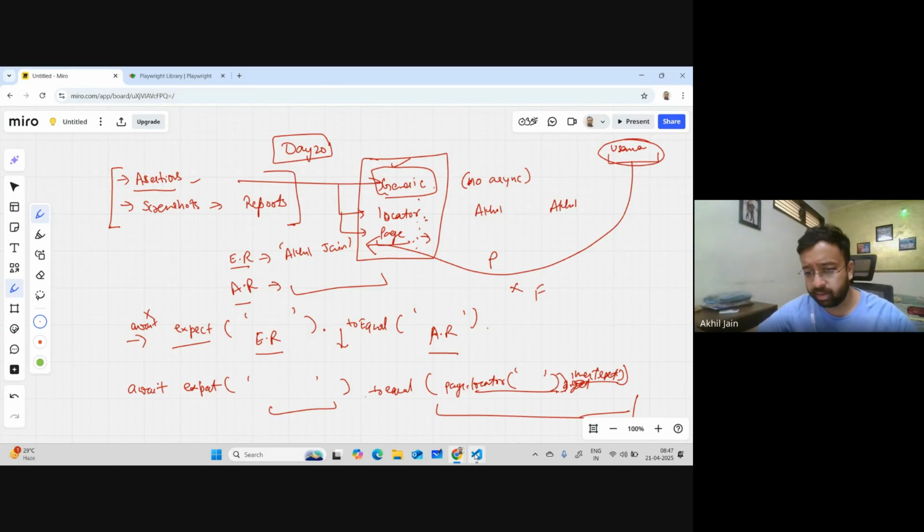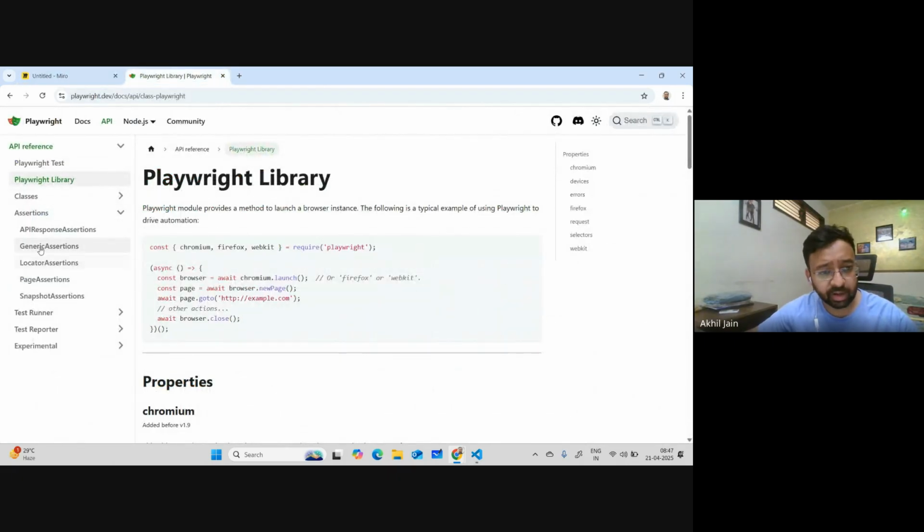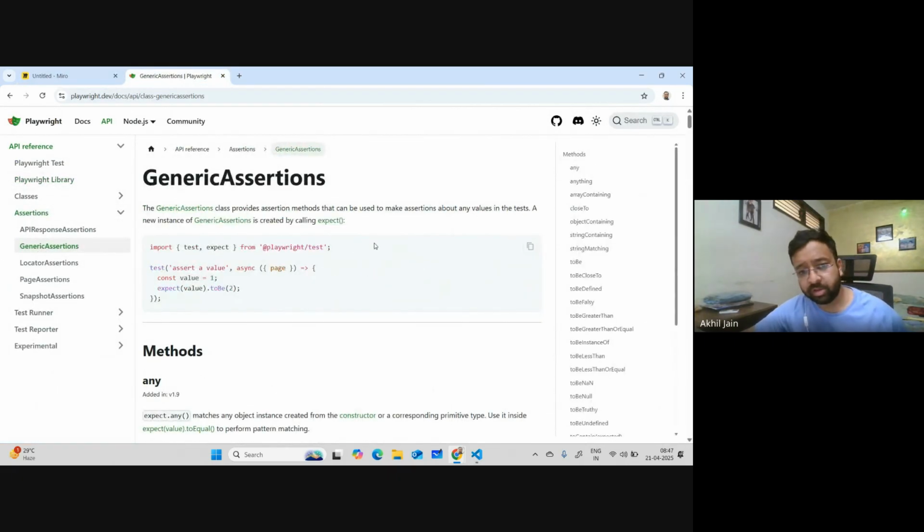Okay, let me first show you this. Let's go to generic assertions. You see, the generic assertions class provides assertion methods that can be used to make assertions about any value in the test. It starts by calling expect. Expect value to be this, something like this. What is expect? Expect is again something like a class,